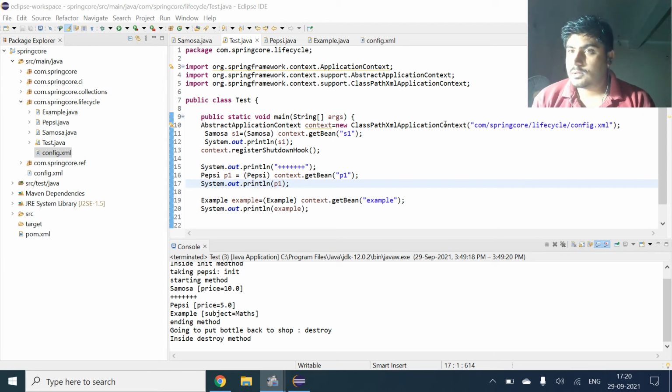When we link one object with another, it is known as wiring. And now it comes as auto wiring. When there is an automatic linking of two objects or more than two objects by the Spring container, that is known as auto wiring.